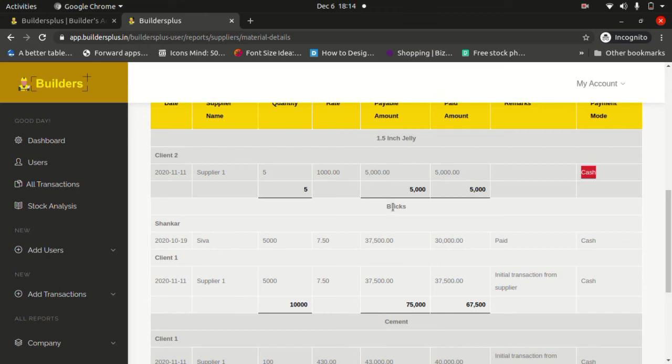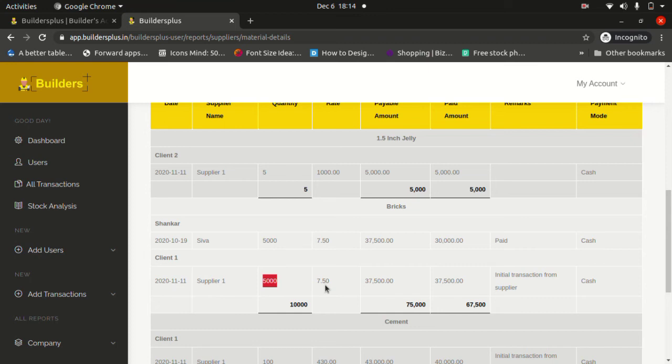Likewise, for example, bricks for the client Shankar, we consumed 5,000 at a rate per unit of 7 rupees 50 paise. Paid is 30,000. Next row, for client 1, to the supplier, we made this much quantity, a supplier transaction.